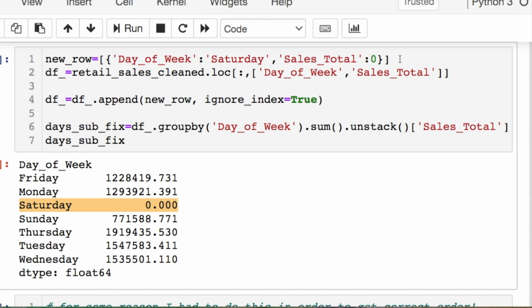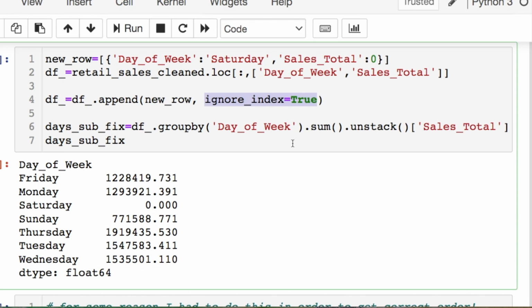So you have to take this into account when you're doing plotting. Sometimes your range of values don't work out and you have to find a way to finagle that. So in order for me to make this cohesive, I did the Monday through Friday, and I artificially made a new data frame with the sales total of 0 and the new weekday as Saturday. And then I have to subset the original data that I'm taking from my data frame and append a new row of Saturday, which will go to the end of the data frame. And then what I'm doing here with ignore index is changing the index value for the data frame so it all starts from 0 again instead of the original values.